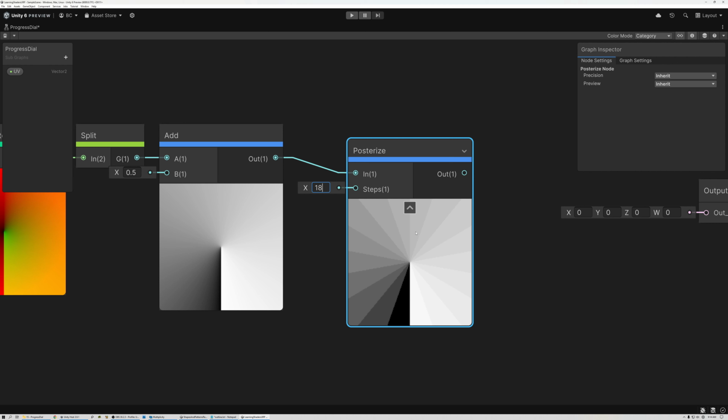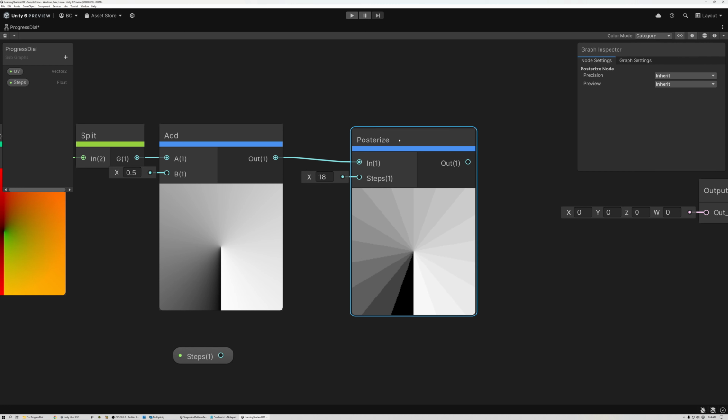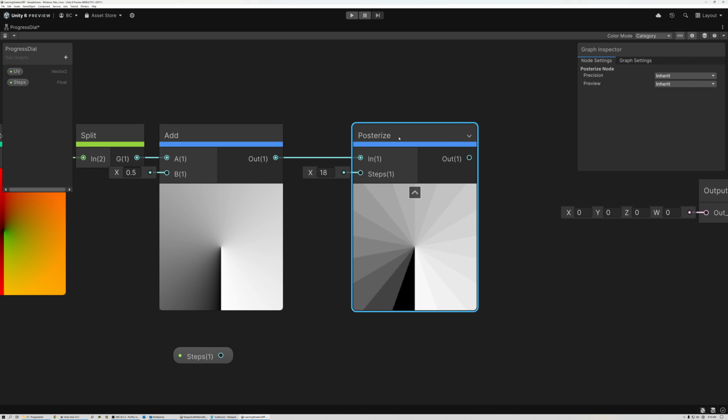individual steps. And I want to add a parameter in our blackboard over here to control how many steps there are. So I'm just going to add a float here, and we're going to call this steps. I'm going to default this to 18. So we'll have 18 individual steps or segments to our progress bar. And I can just plug our steps right into the posterize node there to break up our radial gradient into